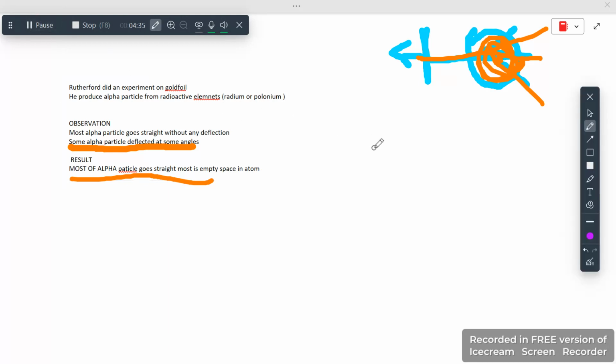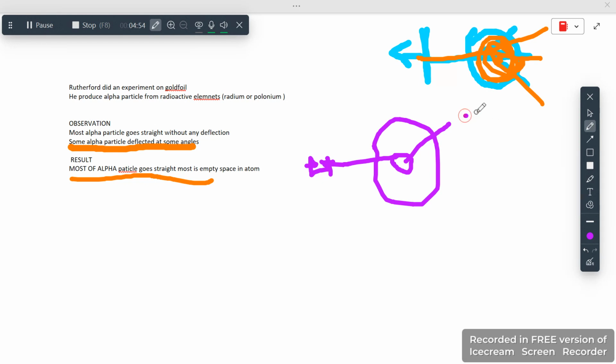And he also observed another thing. If this is the gold foil and here we have the alpha particles, which have a charge of two, these are alpha particles which have two. If this is moving, he even told that the central part is the nucleus and that is positive, and some of them are going back. This means positive repels positive. Okay, so we can say same